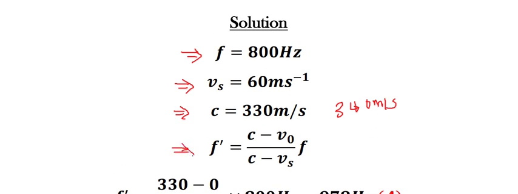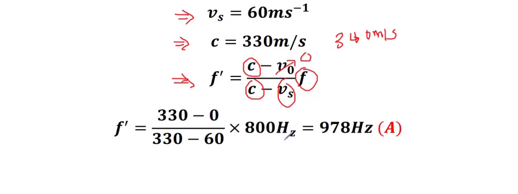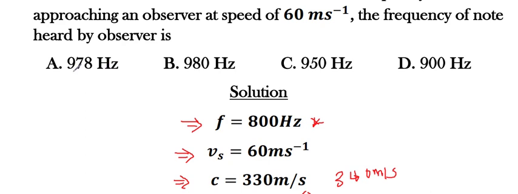So we want to get f prime, and f prime is given by this formula. But we know that the observer is at rest, and so v0 is equal to 0 meters per second. The speed of sound is c here, the velocity of the source was given as 60 meters per second, and the actual frequency f was given as 800 Hz. So when you do your replacement, you are going to obtain 978 Hz, and that corresponds to the option